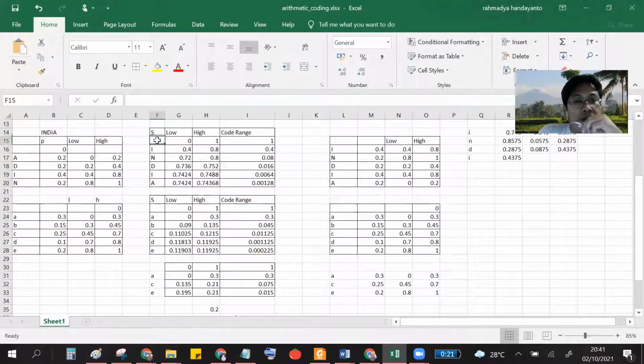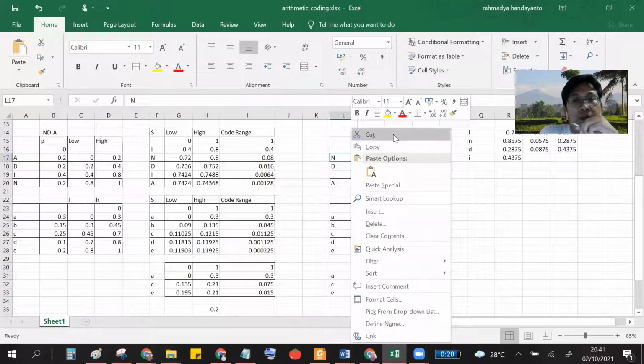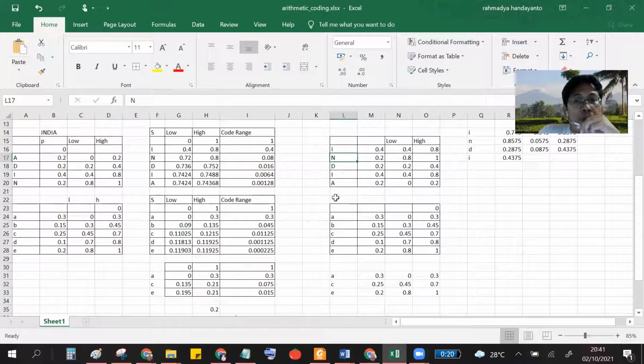You have to write the string here, and then you do the mapping. You just copy and paste here, but paste only the values, not the equation. There are two I's, so you copy twice, and you must not put them in the same row.